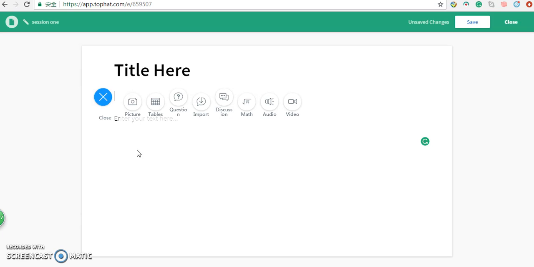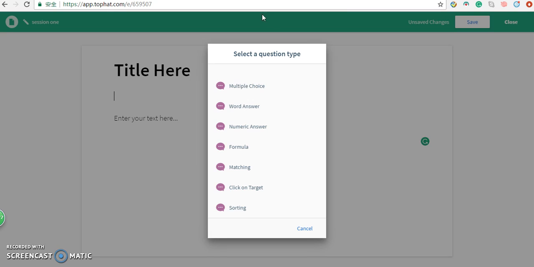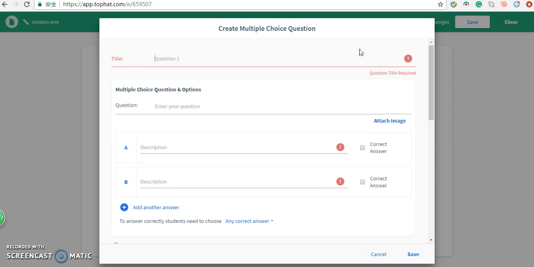It's very interesting to see how they can be used in different subjects. For example, the math or the tables can be used in a statistics class. Okay, for example, I want to create a question. You can see there are a lot of question types, and I can choose any of them. For example, I chose multiple choice. So I can type my question title and